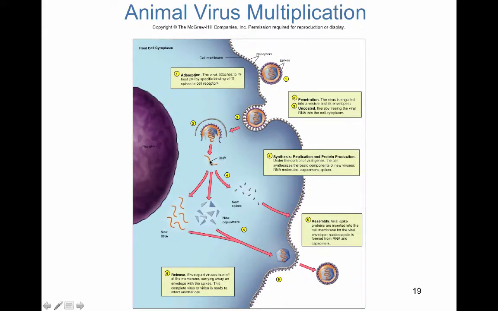So this RNA is going to be used as a template to make new RNA. A replicase is going to be used to make more copies of RNA. The virus is clever in that it's going to use the host cell's ribosomes, which can't differentiate between the cell's own RNA and the viral RNA. It's going to translate this RNA into protein. So this would be the capsomer units, which make up the capsid, the spikes, maybe preformed enzymes. All of the protein and all of the RNA is going to assemble into new viral particles.